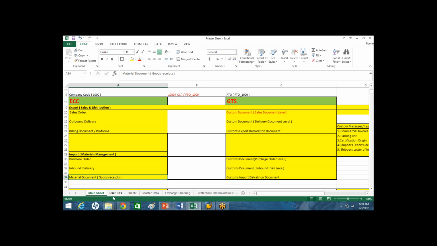In order for this to happen automatically, we have to do so many settings. We have to activate some business add-ins in the ECC, and then we have to do many basic settings in the GTS system, like organizational mapping, document mapping, and partner mapping. We need to do some settings in the ECC and the GTS, and only then will this happen. That we will discuss from Monday onwards. Now we finished data replication for the transactional data. So let me go to